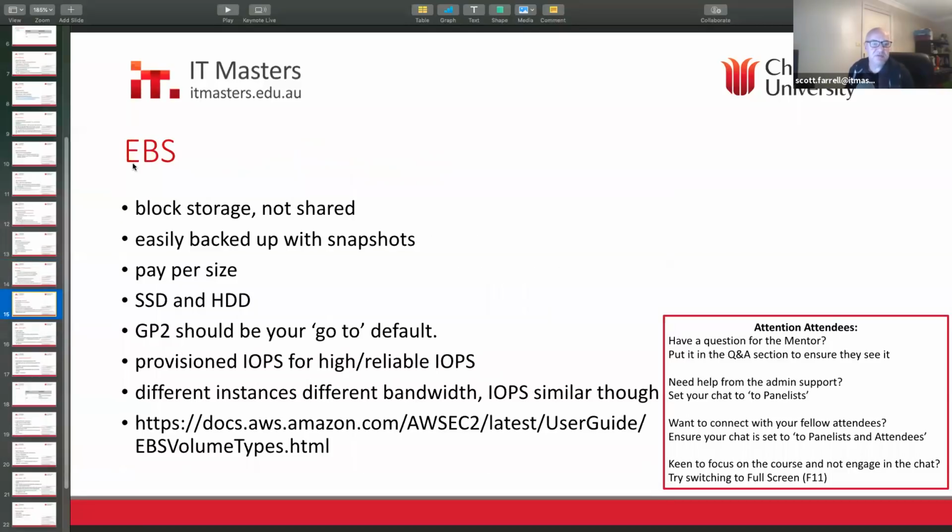EBS, we looked at before. Remember, it was block storage and it's not shared. You can easily back it up with snapshots, we talked about that, and you pay for the size. You can use SSD or hard disk drive. Almost always you're going to choose SSD, and there are only corner cases where you'd choose hard disk drive,